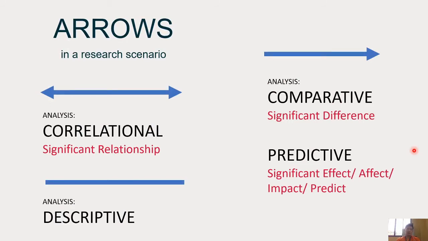If in a research scenario, or shall we call it a conceptual framework, the arrow used is double-headed, it is a correlational type of research. And the keywords that you can look at in the framing of the question or statement of the problem is the term significant relationship. If the arrow used is single direction or unidirectional,